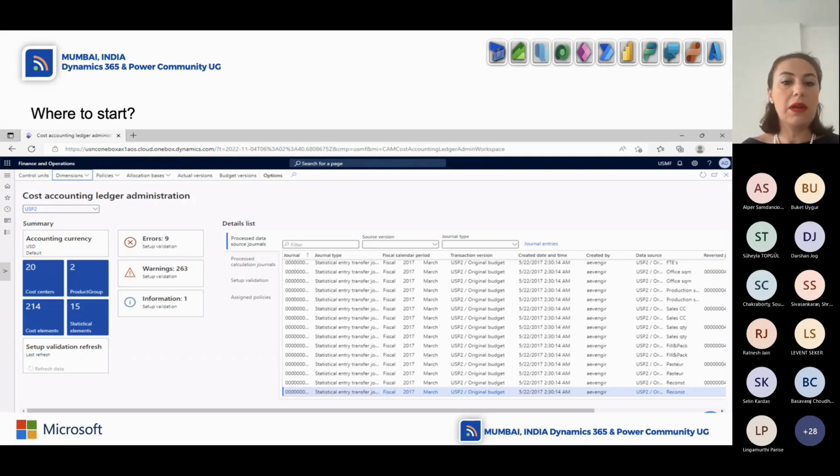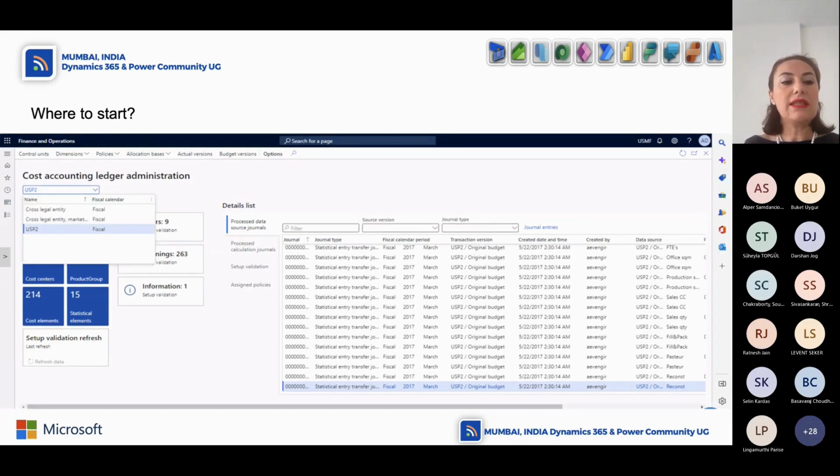You see there are too many buttons on that one, but the cost accounting ledger administration shows you your cost center details, your dimension details, your statistical measures, and your cost elements, which are GL accounts, and the processes that you manage. And you can set up directly on here, and you can process your allocations from the cost accounting ledger administration. Okay, so